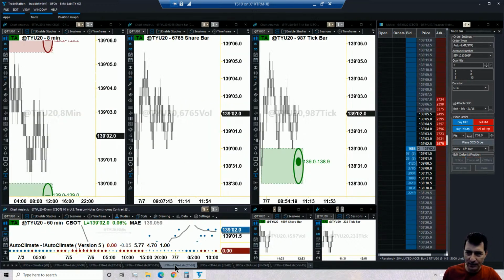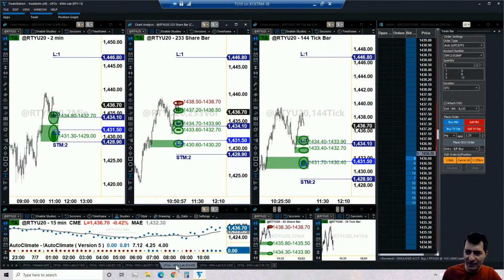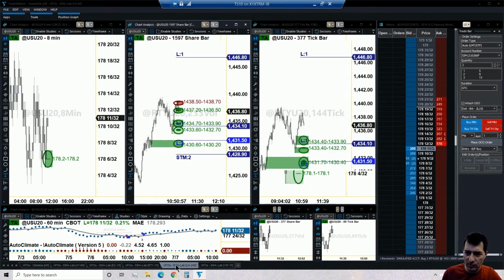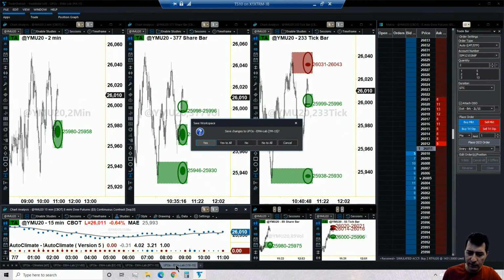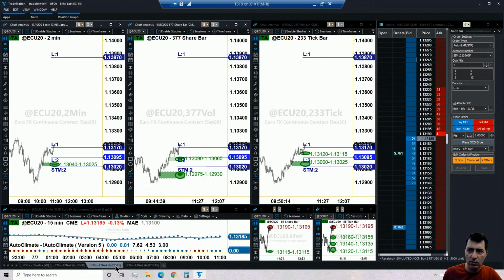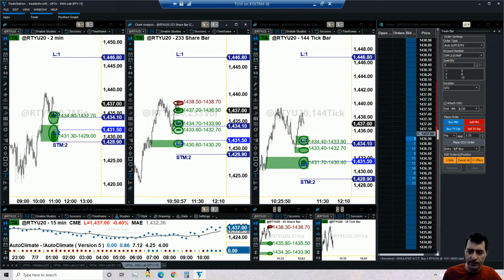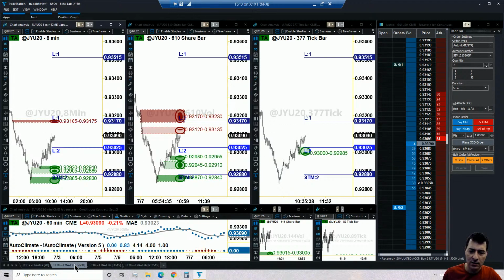And the other markets, I'm just gonna close them because we don't have a trade, so I don't have to give any additional instructions for all the other markets. So I'm just gonna focus on the yen, the euro, and the Russell. So what do we need to do? Well, every 15 minutes for the Russell and the euro, and every 60 minutes for the yen, we need to review the trade to make sure the trade is still valid.